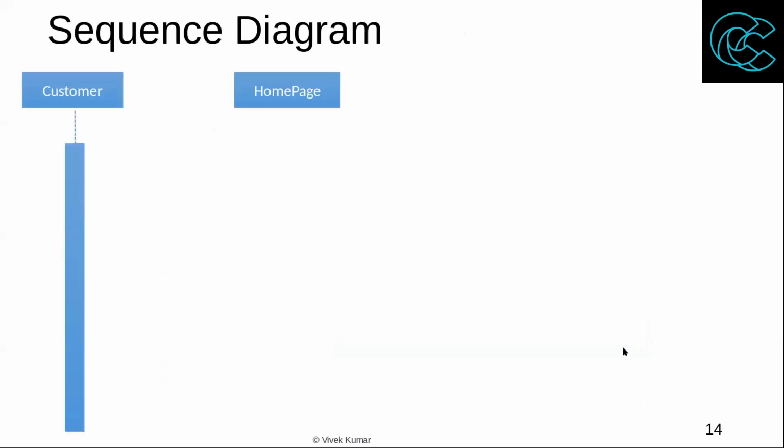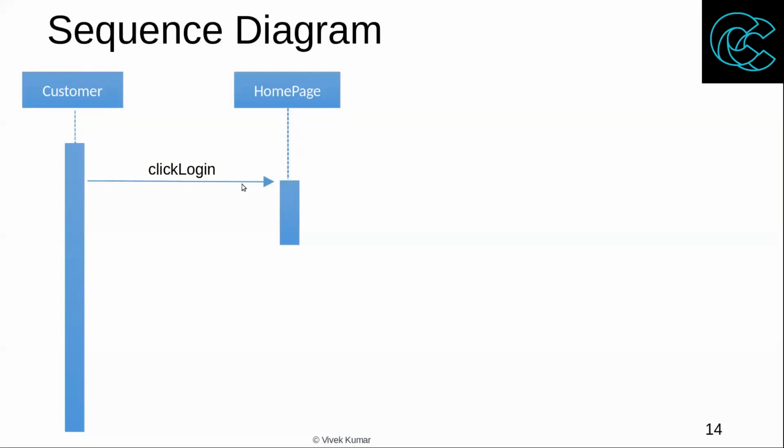Okay, so let's start with the sequence diagram. For the classes, you have these rectangular boxes. And this is the timeline. The timeline of the interaction is represented by this bar, so to say. Now you start with the interactions, which are the verbs, and the methods. These interactions are represented by this arrow. This is the edge that connects these two nodes, so to say. And then you have the label on top of the edge, which is nothing but the verb. Right? So this is how you can represent it visually or graphically,